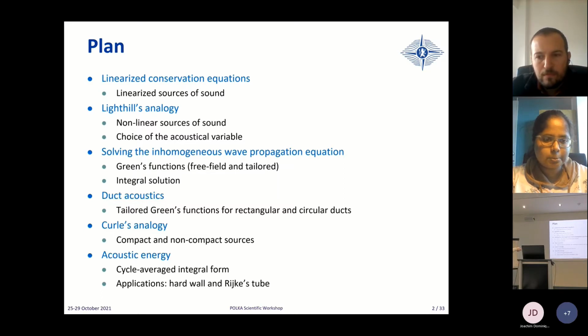Then while we are busy with Green's functions, we will talk about free field Green's functions and tailored Green's functions, and a particular variety of tailored Green's functions is for duct acoustics, which I thought would be relevant for you because combustors are essentially pieces of pipes, right? Well, with perforations, but still looking a little bit like pipes. Then we will go on to Curle's analogy, which is a resolution of Lighthill's analogy when you don't have a tailored Green's function at your disposal. Then we will mention some things about acoustic energy, and hopefully, if time allows, with a small demo of the Rijke